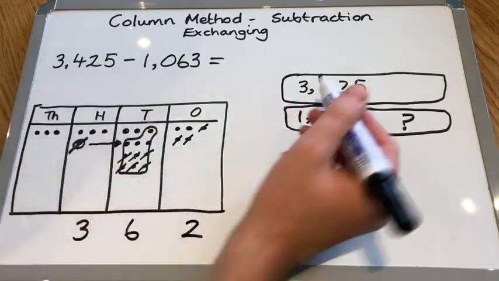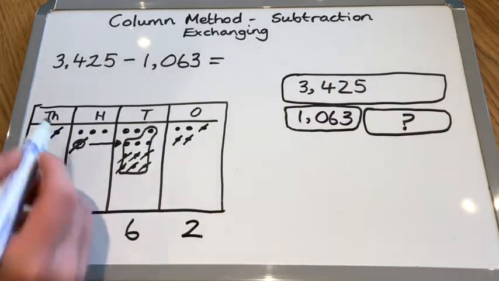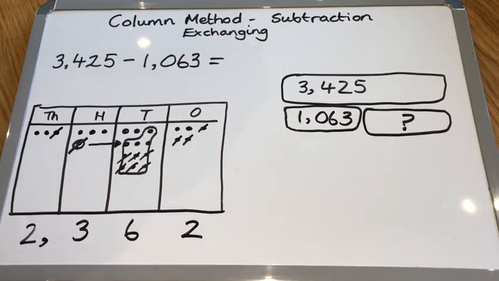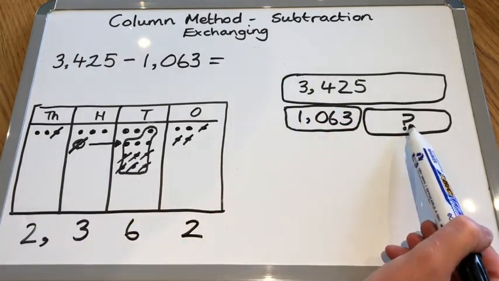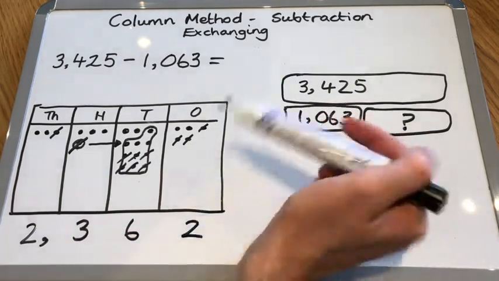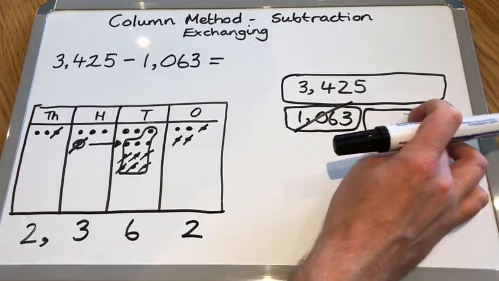And finally, the thousands column, 3, take away 1, group of 1,000, which is 2, remembering that decimal comma. So we have solved this, we have worked this out. What part is left when you subtract that part? Of course, there it is, it's